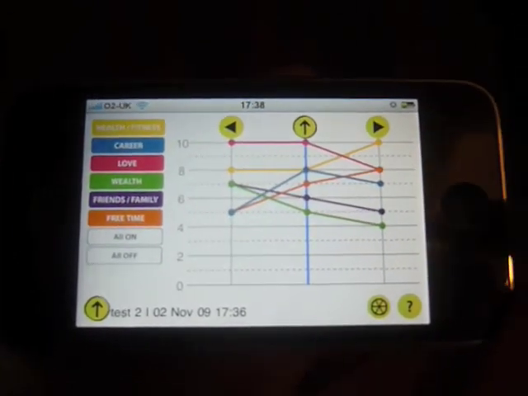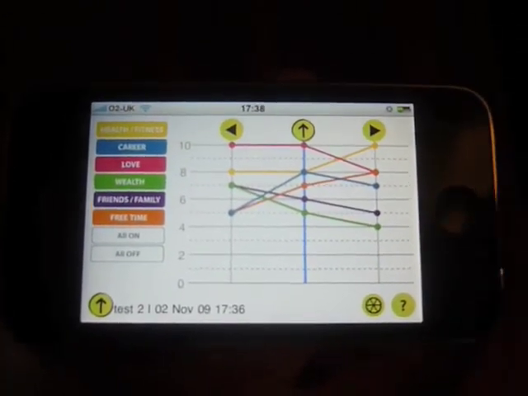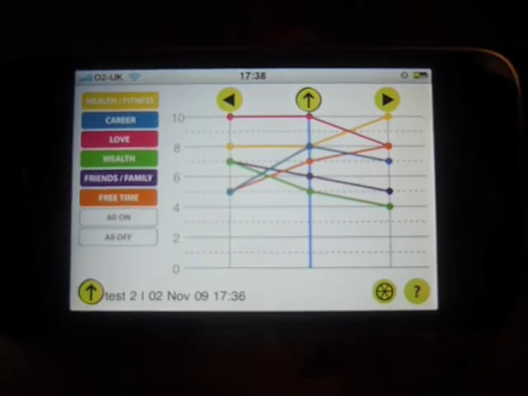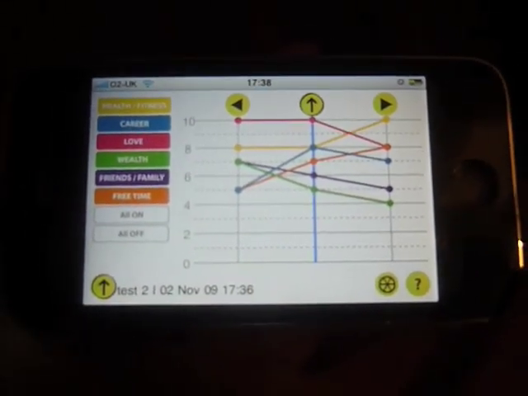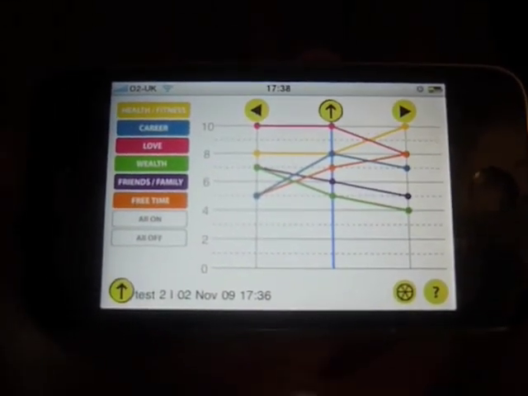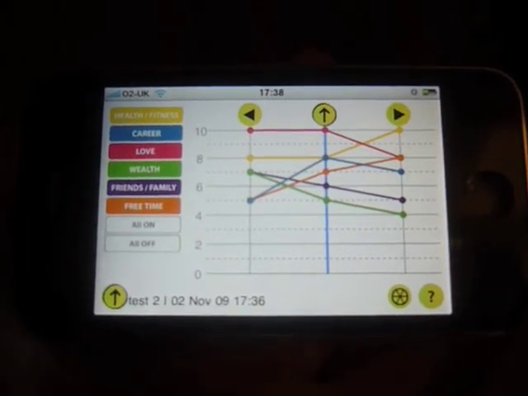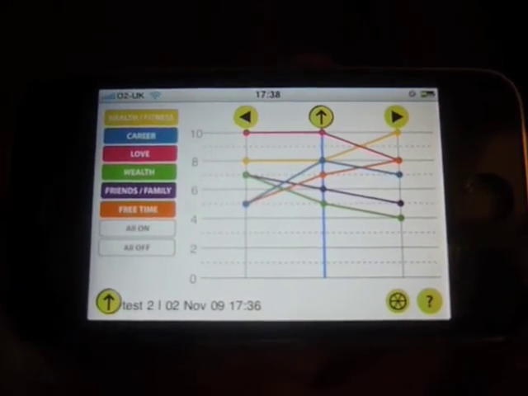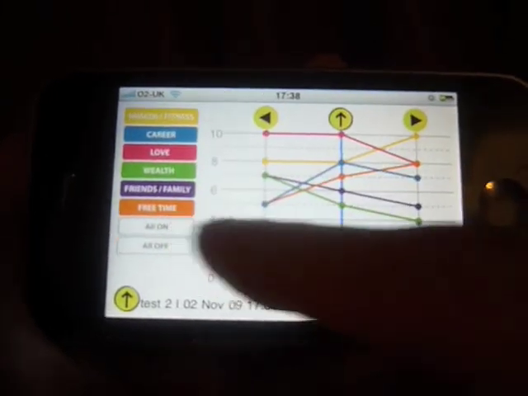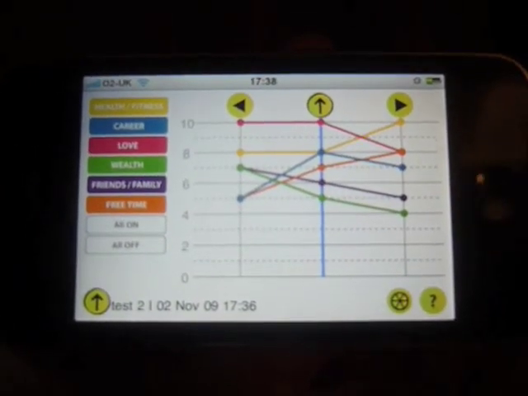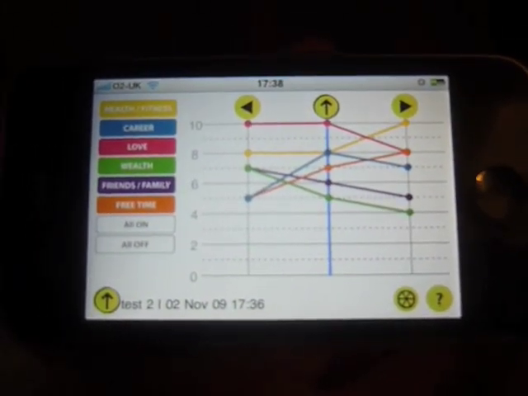And of course, if something's not going well, maybe something's plateaued, then you can identify it early and you can do something about it. There's another 6 iPhone applications, which will also be available, also being produced by Best Coach, which go into each of these areas in much more detail. But that's a video for another day. So that's all for now.